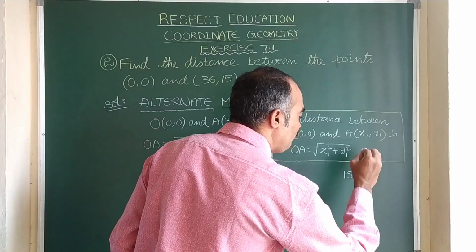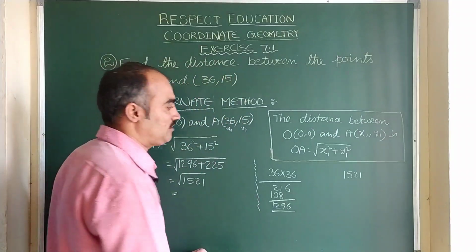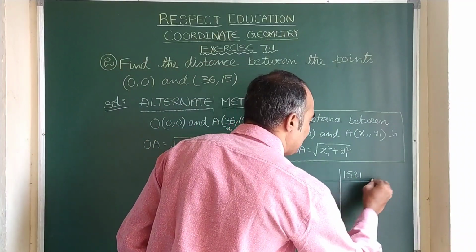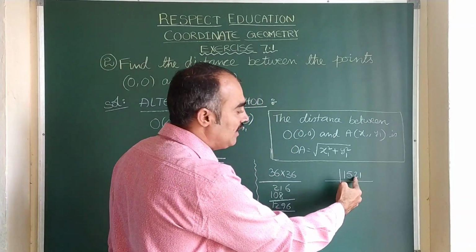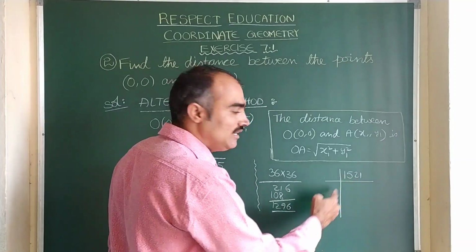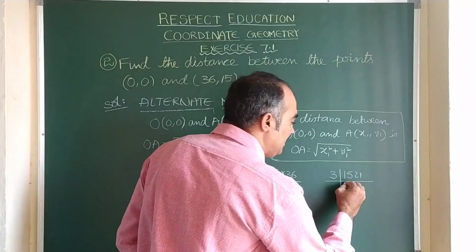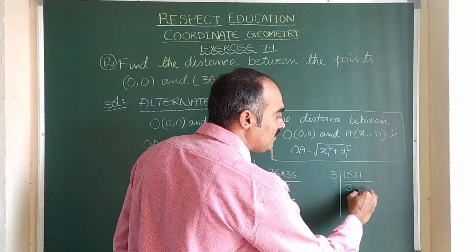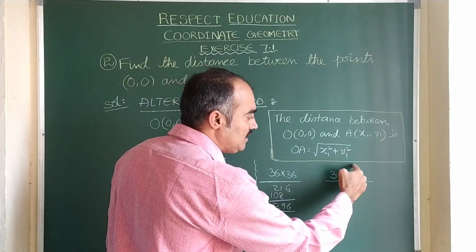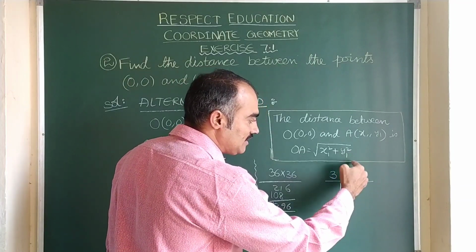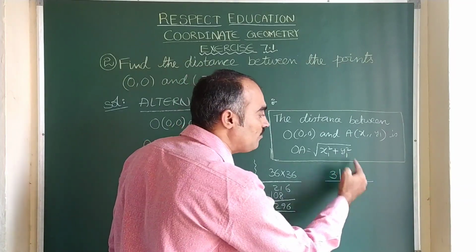Finding the square root of 1521 by using the prime factorization method. So let us see whether it is divisible by 3: 1 plus 2 is 3, 3 plus 5 is 8, 8 plus 1 is 9. So this number is divisible by 3. 3 5s are 15. Do not write 3 7s are 21 directly. Here you see 51, this is cut. This link is completely cut. There is no carry forward.